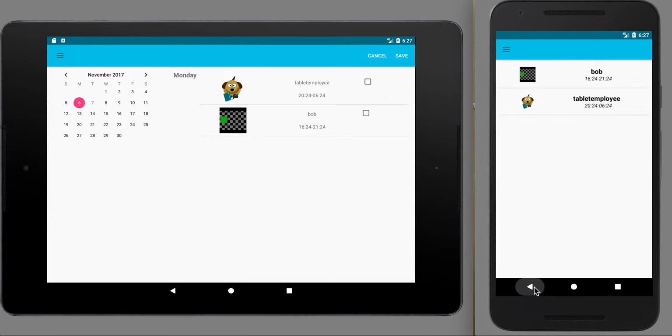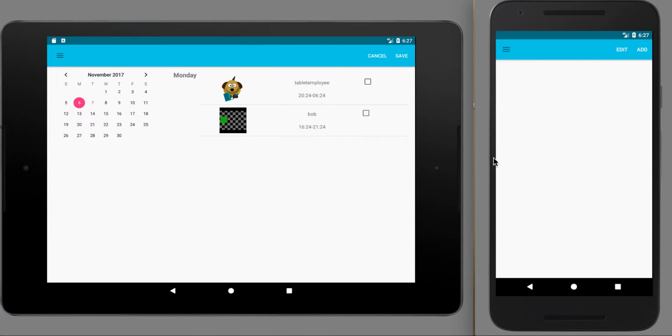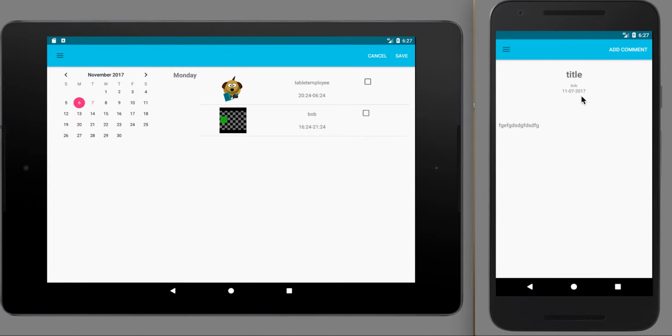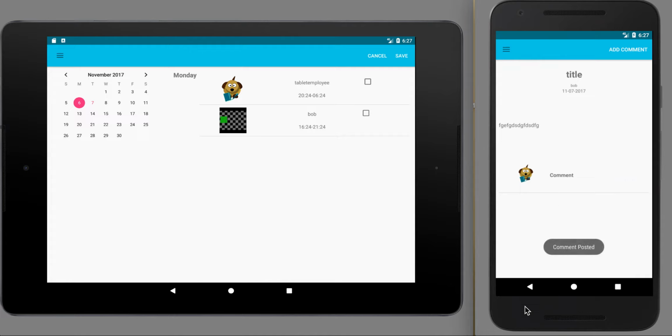shift at the bottom. And the last page that is currently working on both devices is the announcements, where you'll be able to just go in, add an announcement with whatever title and whatever body you want, and you can go and click save, and it'll populate. It'll show a basic list where you'll be able to click on it. It'll see a title, who posted it, when it was posted, and what the body is, and you will also be able to add comments to get instant feedback, simply like that,